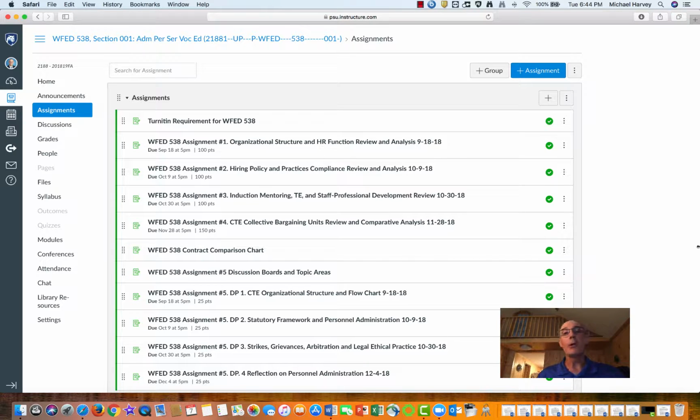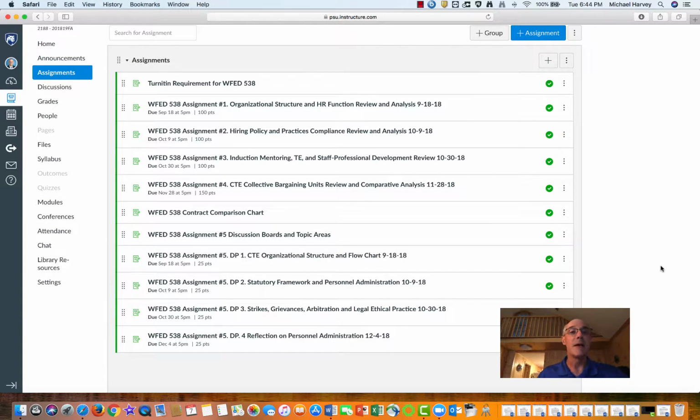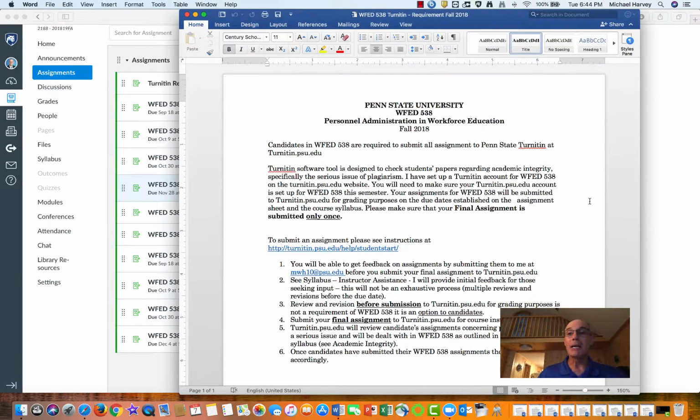The other thing that I want to point to is the Canvas website for Workforce Education 538, and that is the requirements associated with the assignments. One of the things that's going to be absolutely essential is that you understand that we use Turnitin as the vehicle to submit papers. This is an academic integrity tool that is designed to look at issues of plagiarism with